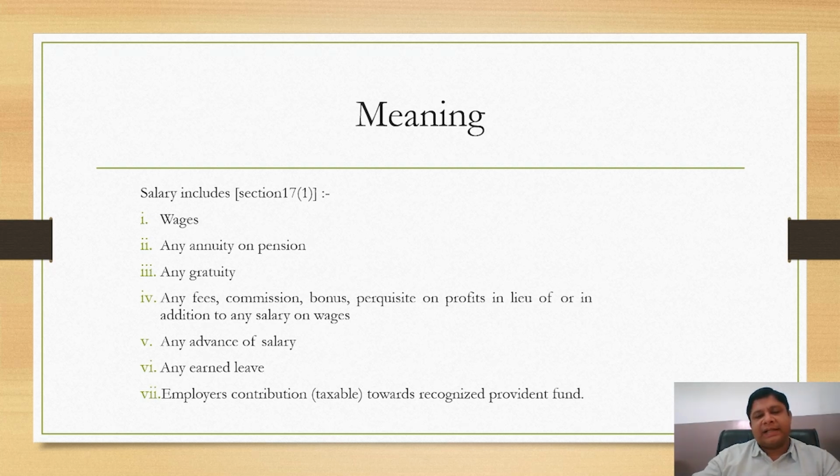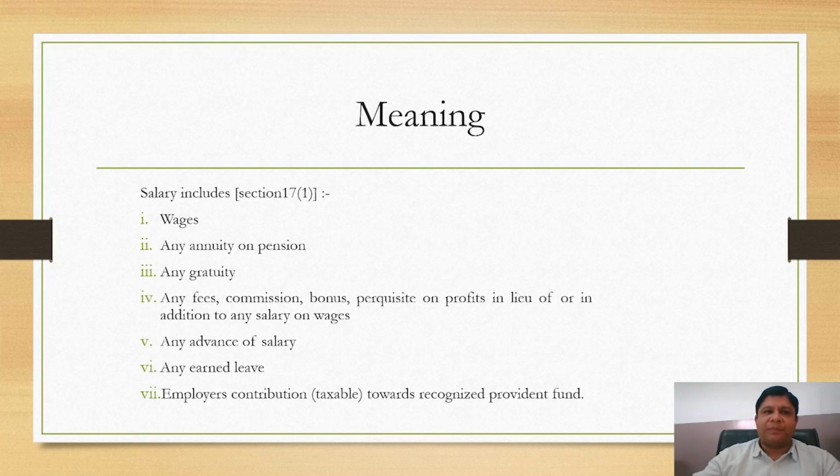If a person is acting as an agent for his principal, any commission or remuneration earned by the agent is not taxable under the head salaries. This is because an agent is not the employee of his principal. Salary received by a partner from its firm is not taxable as salary because there is no employer-employee relationship between the firm and the partner. Such salary shall be taxable under the head profits and gains of business or profession.